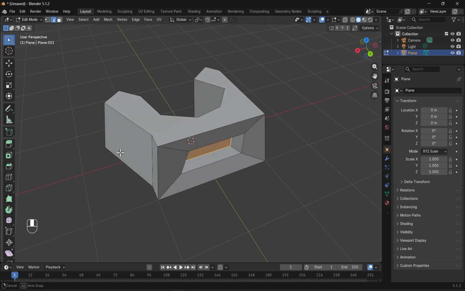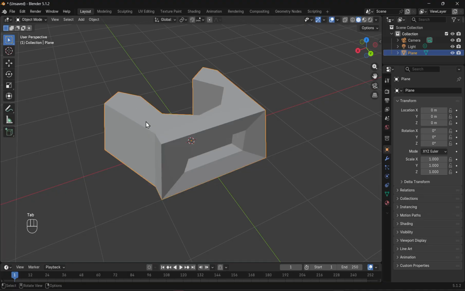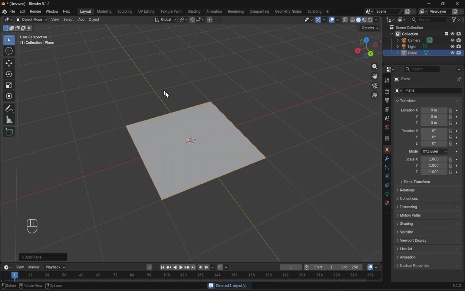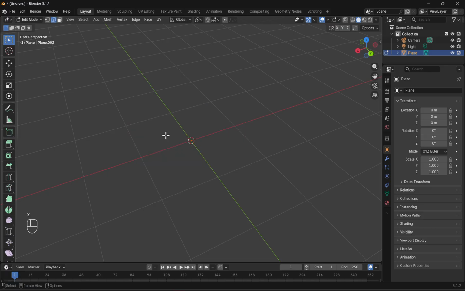So in case you're doing your little project model in a bit, and you've got a shape and you're like, I can't seem to figure out how to build it, you can always go into edit mode and literally start. I'm just going to delete this. You can literally start just with a plane and then go into edit mode. And then if you want, you could delete these 3 vertices. And if you hit A for all,